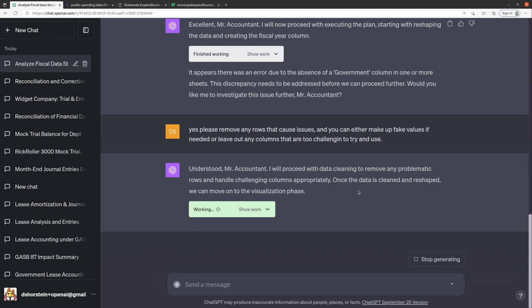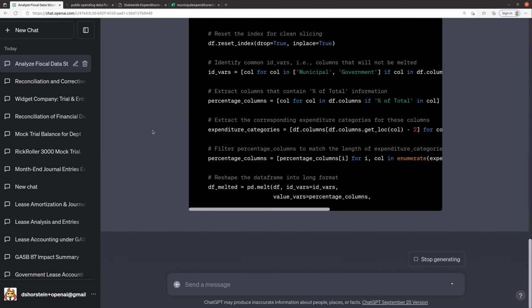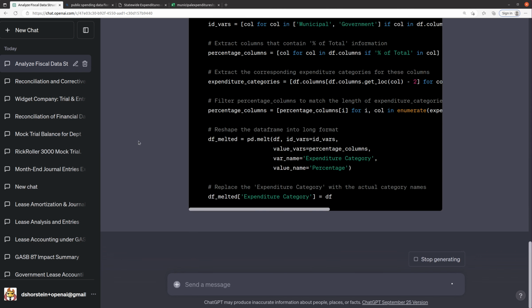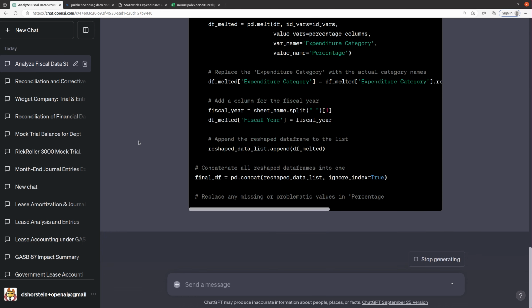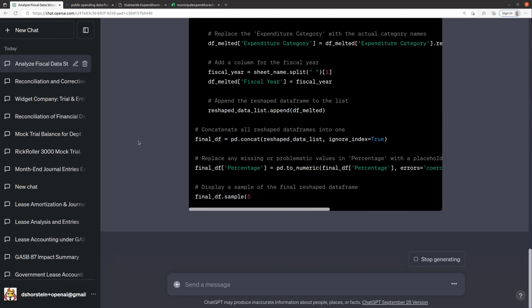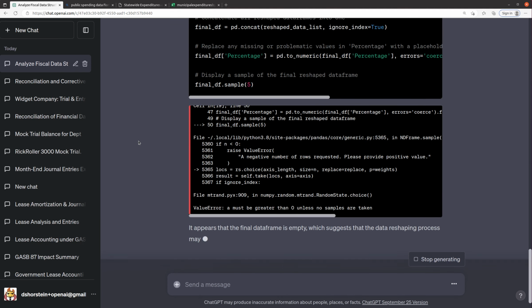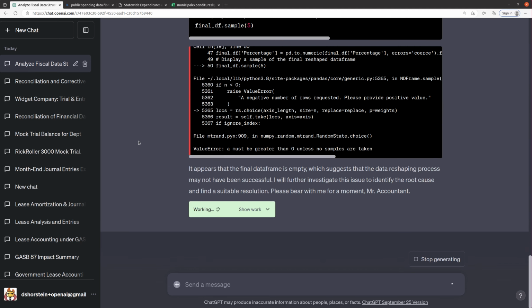Let's pop this open and see what it's doing just for fun. So it's changing the columns. Data frame melt, or pd.melt, is a really useful tool. I just noticed it's using it. If you've ever done Excel pivot tables, a melt is sort of like the opposite of a pivot table, where it takes the multiple columns and it literally melts them back into one single column. So you end up with more rows than you started with, but it actually makes it a lot easier